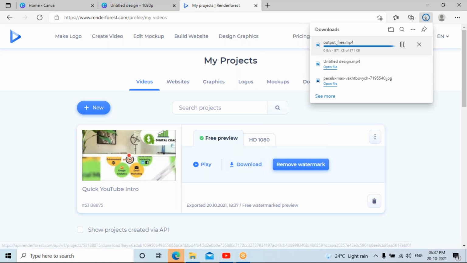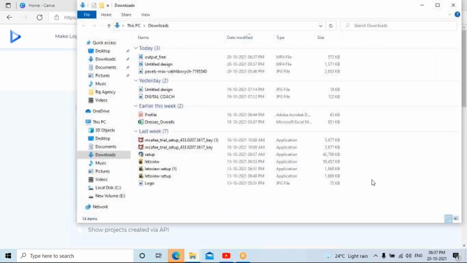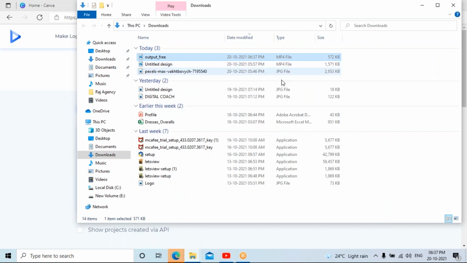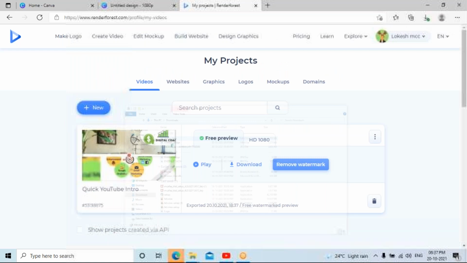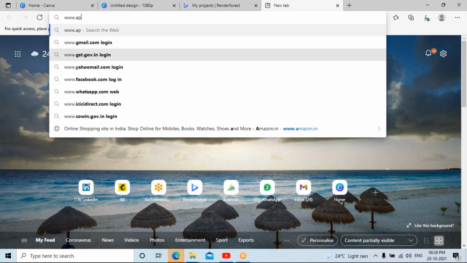So go to the folder, and make sure of the downloaded file, in whatever name it has been downloaded, you make a note of it. Then you go to a website called apowersoft.com.